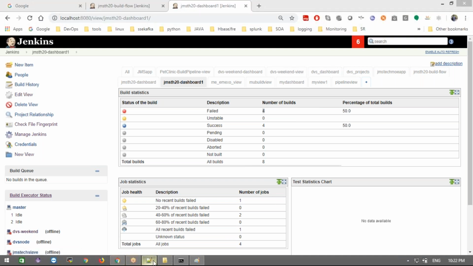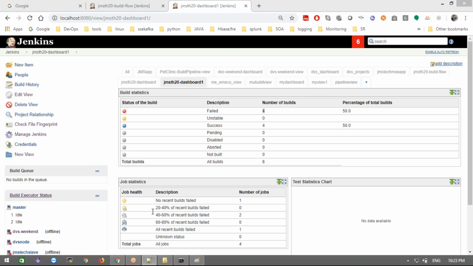Next class, tomorrow, we are going to discuss master slave architecture. This is done, right? Then we are going to discuss Nexus. Tomorrow we should complete these two, and the day after tomorrow we need to complete SonarQube. Then SonarQube will be complete, and then we'll start with the pipeline code.